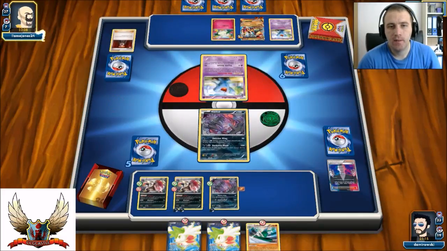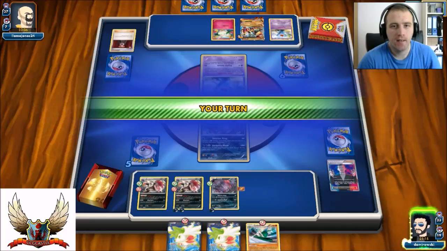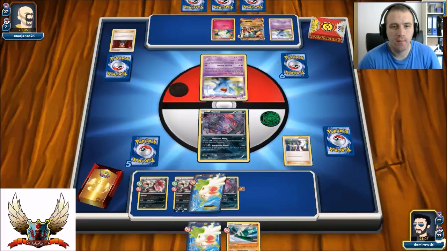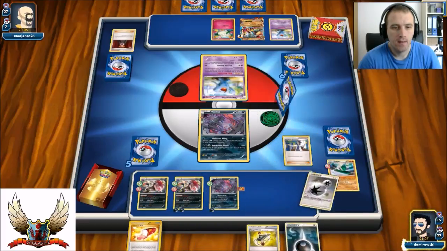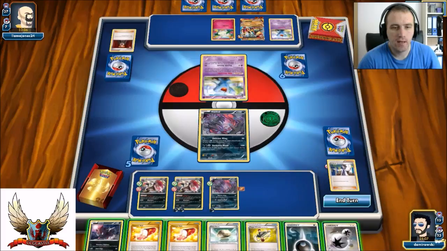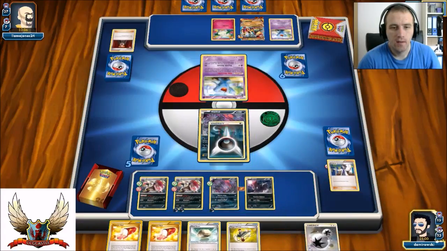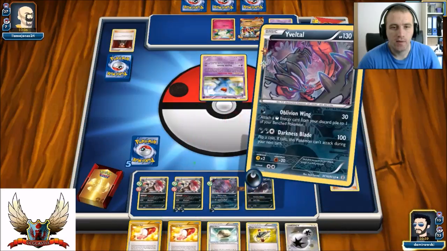Okay, there's a Lysandre, but it's not a big deal. I mean, I can always stand in, and by standing in, oh no, I can't stand in. Oh damn, I totally forgot about that Wobbuffet ability. It definitely shuts down all of my abilities, but never mind. I mean, I can always...